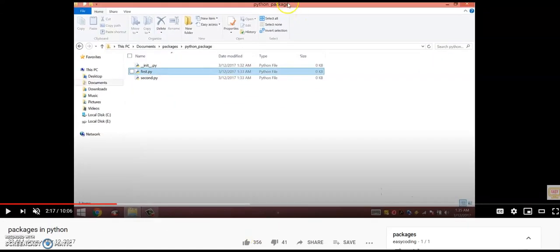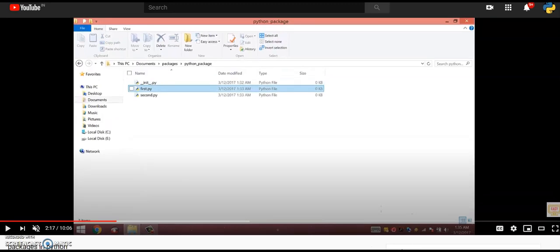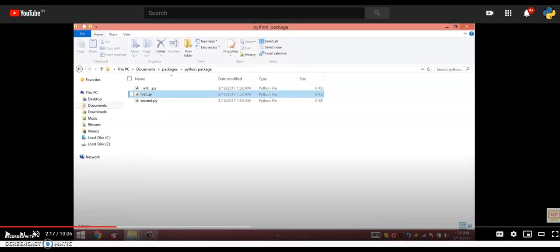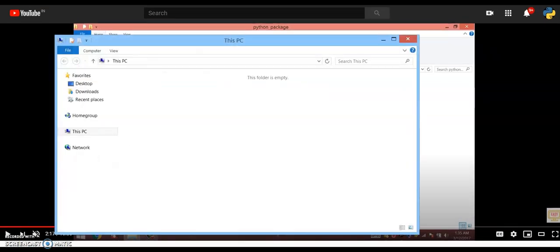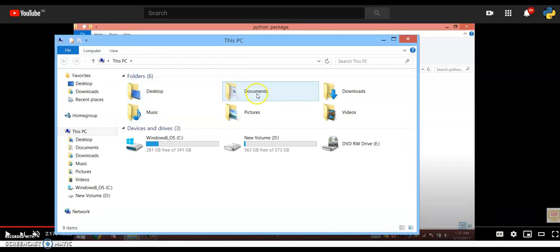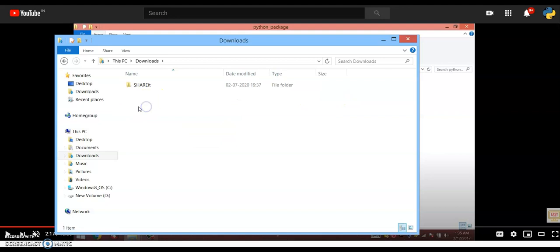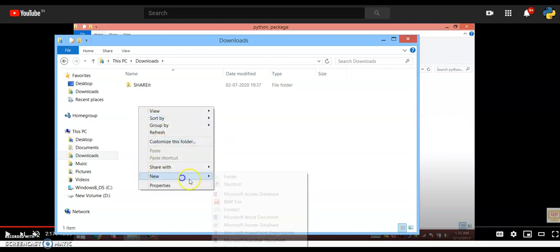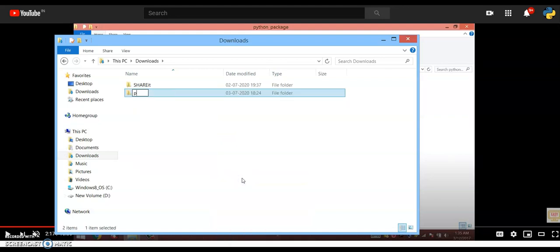See here, I am opening the folder. Under the download folder I am creating, first, a new folder called P. P is nothing but package.